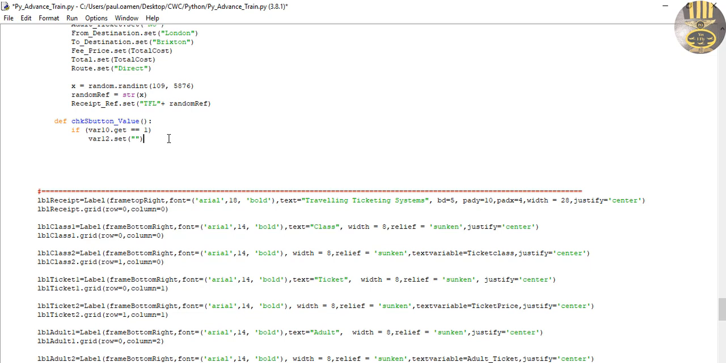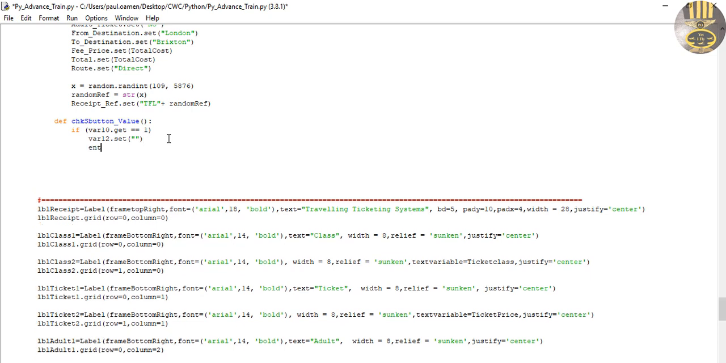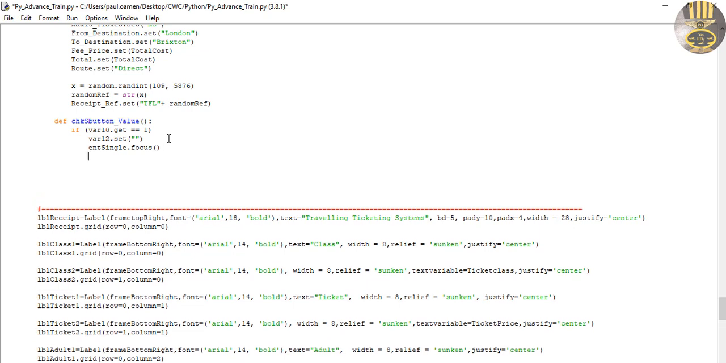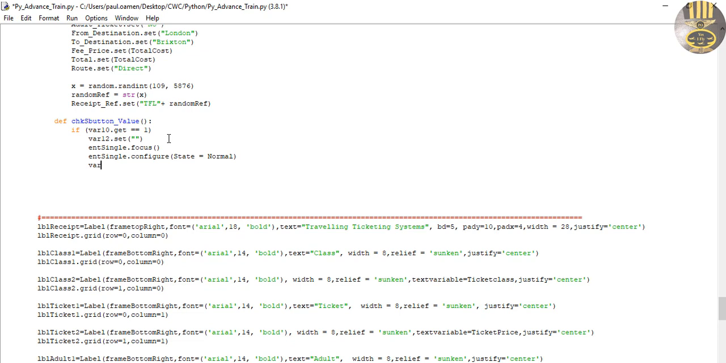Now the next condition is going to be the entering single. We want that to get the focus, and after that, entering single dot configure. We want it to be normal, because when you start the program the state is going to be disabled. So let's say normal. There we go. Then variable 11 dot set,